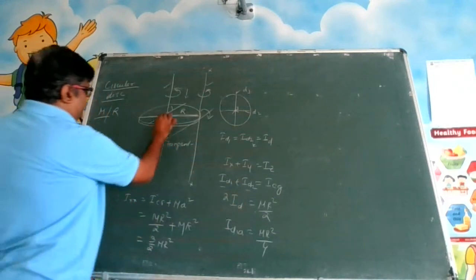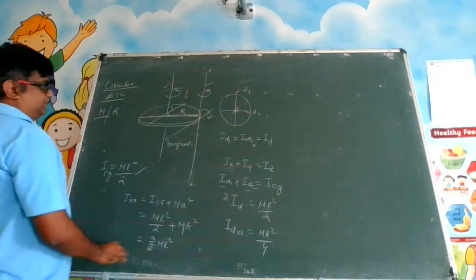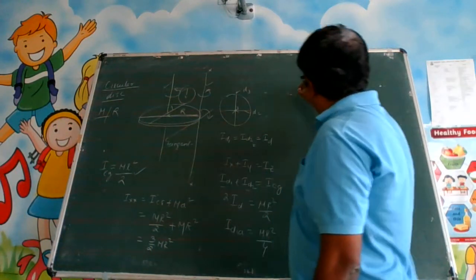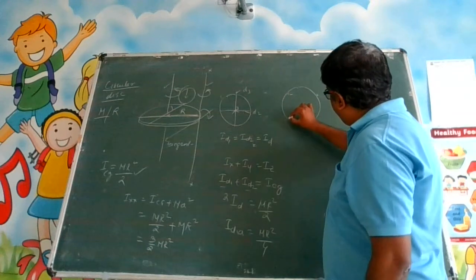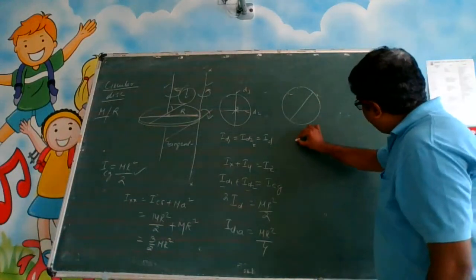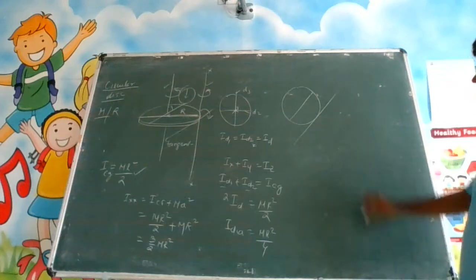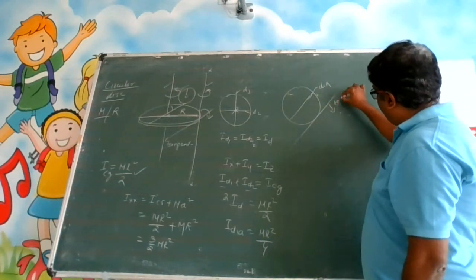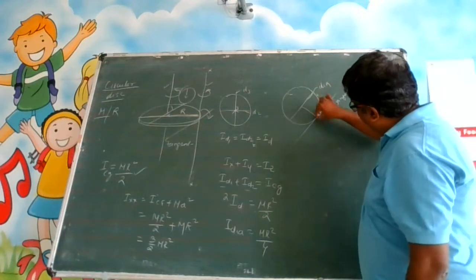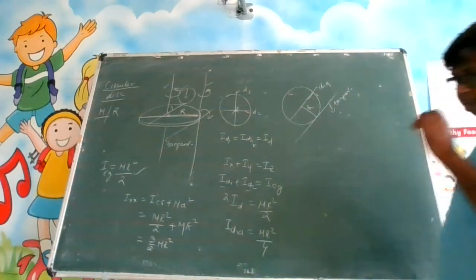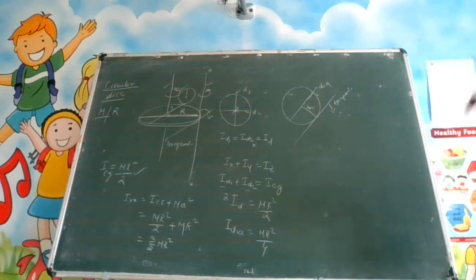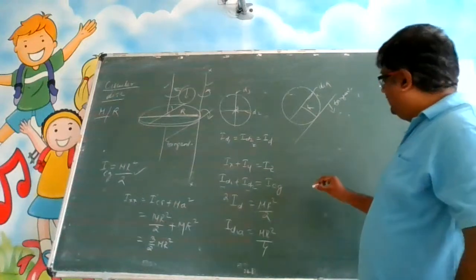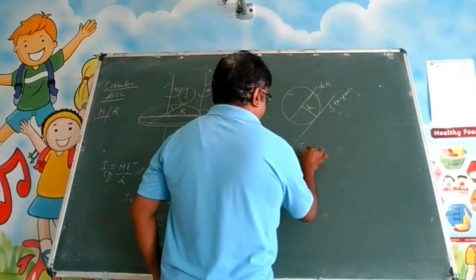Okay. Then we have talked about a diameter. So suppose you see from the top. Again, I take the same view. Suppose I see from the top, I will find a diameter like this. And I find a tangent like this. This is my diameter, and this is my tangent. Will you agree? What is the perpendicular distance between them? R only, no? What is the perpendicular distance between them? R. Can I apply the parallel axis theorem here? I want to find I tangent.